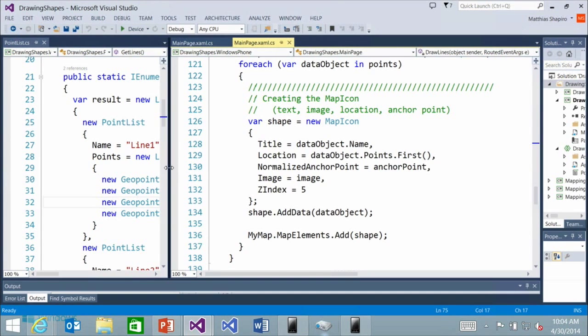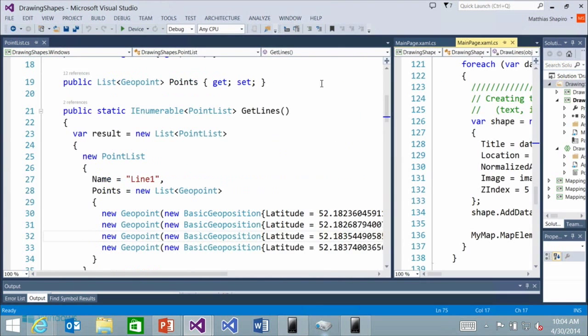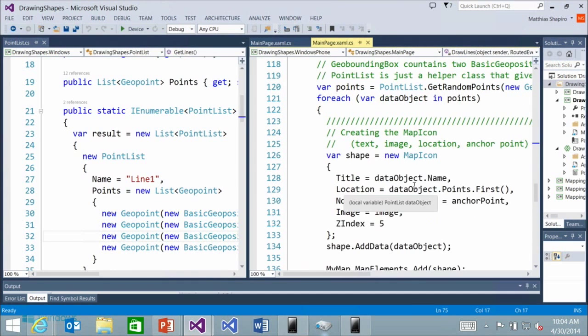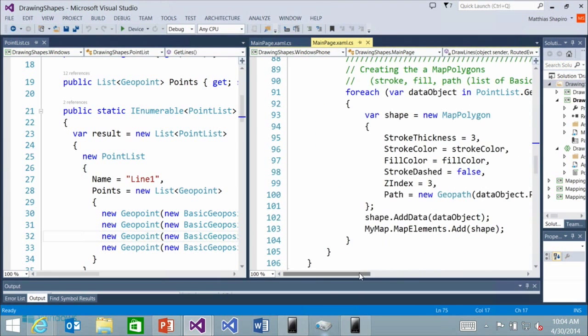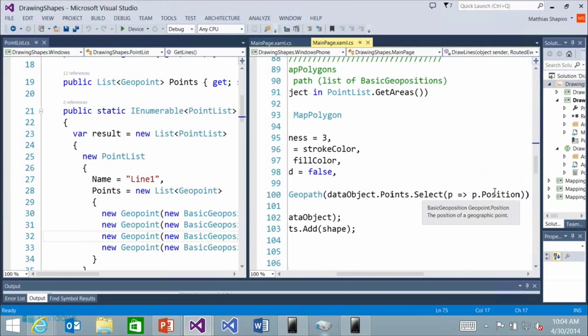Now, one quick thing that I want to point out here is that our getlines gives back a geopoint, even though what we're using is actually the position, which is a basic geolocation. So we're pulling in a list of geopoints, and those geopoints have basic geolocations.